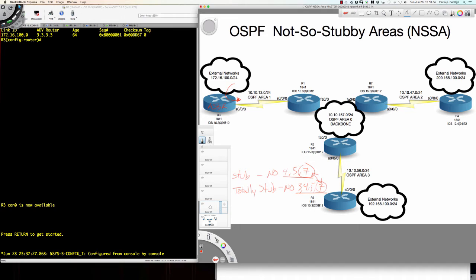OSPF domain. So this external network is going to get redistributed, and the way this is set up is very simple. These are simply loopback addresses. This is loopback 172, and then under the OSPF section, I'm simply redistributing connected. Same thing over here. This is loopback 209 and loopback address 192. All right, so now we're going to take a look at the